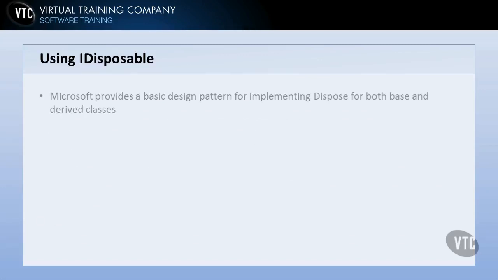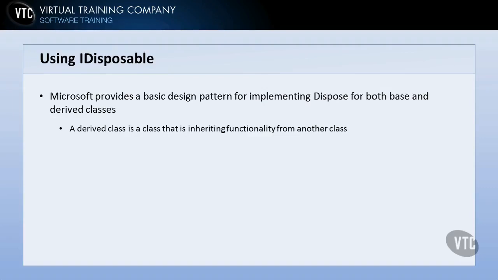Now Microsoft provides a basic design pattern for implementing Dispose for both base and derived classes because you want to make sure you're calling the correct Dispose method. Keep in mind, quick reminder, a derived class is a class that is inheriting functionality from another class. Now we're going to look at IDisposable in code in a separate video, and that thing will be entitled, cleverly I might add, IDisposable example. And we'll look at an implemented IDisposable interface and all the code and the basic design patterns for these, and I'll explain some of the oddities that you see out there,